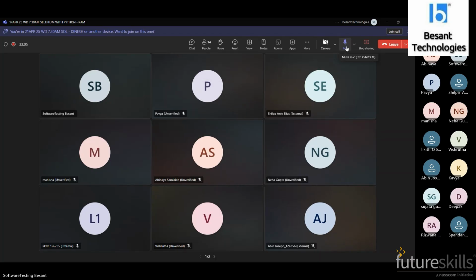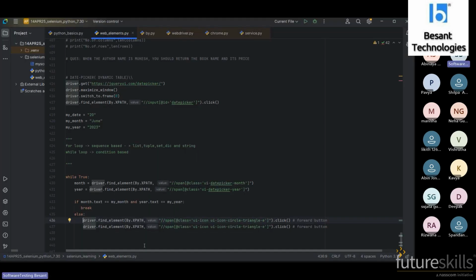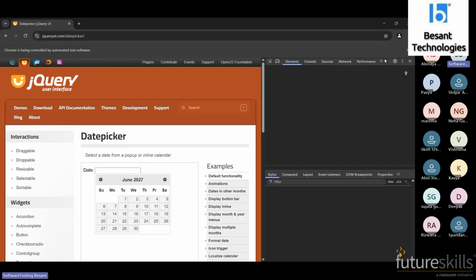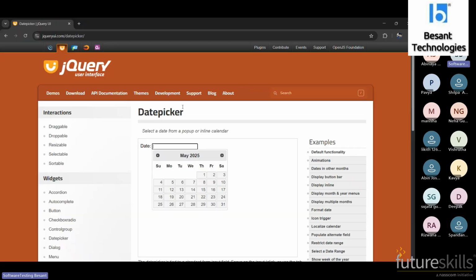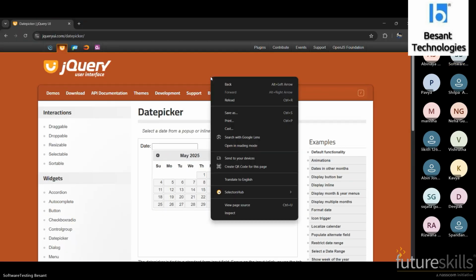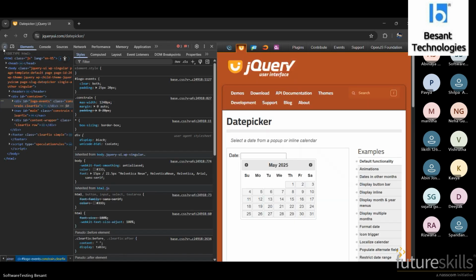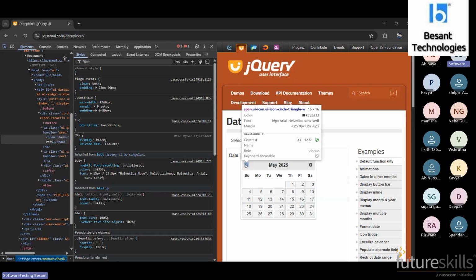Instead of this, we need to identify the backward button. So here we need to identify this button.